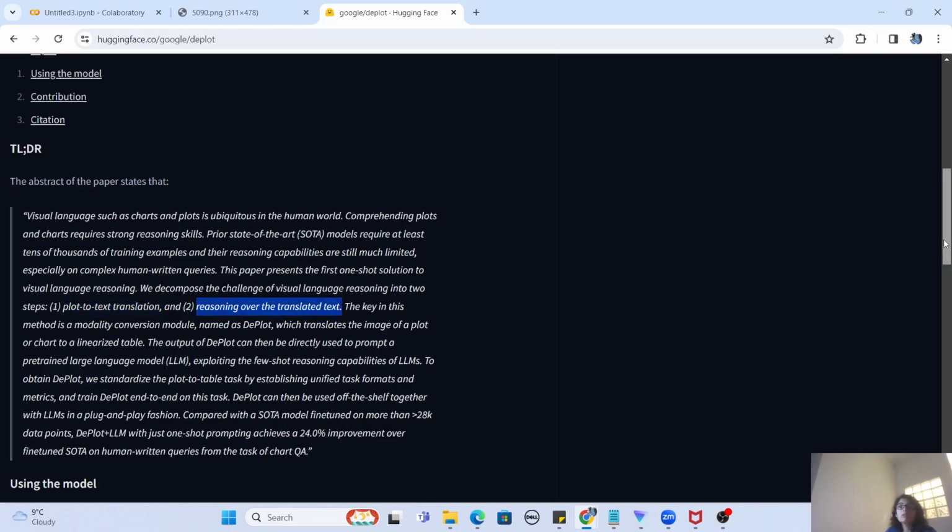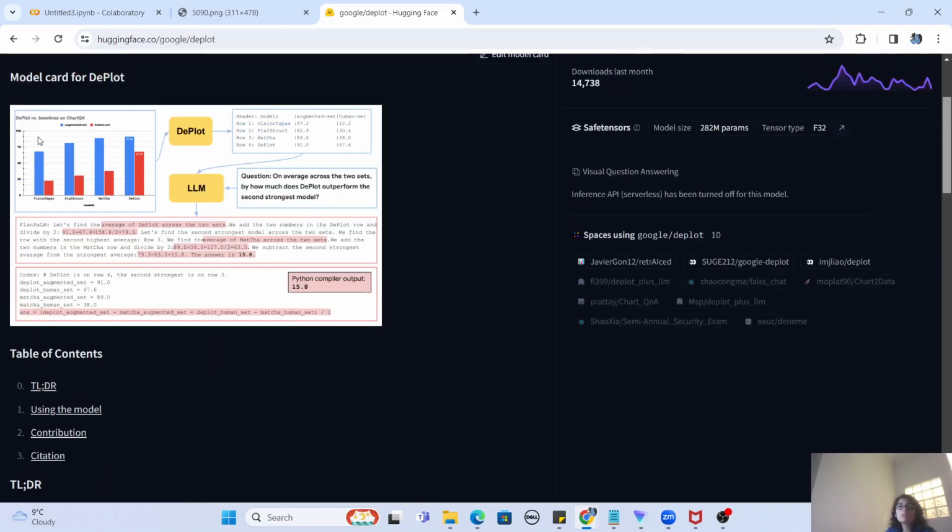So if you look into this picture above guys, you can see that this is the graph, right? What they are doing is, first of all, they are converting this graph into a text, and then they are feeding that text into an LLM model. And then you ask the LLM model a question like, on an average across the two sets, by how much did the Deplot outperform the second strongest model? So this is basically a question guys. Then the LLM model, based upon the data that was transcribed from this picture, answers the question